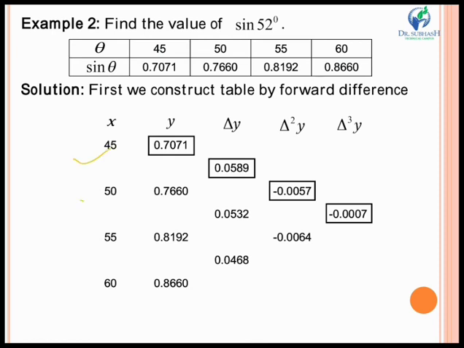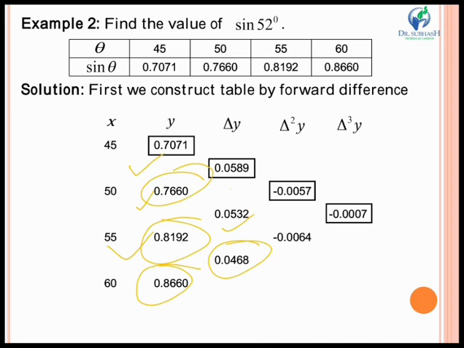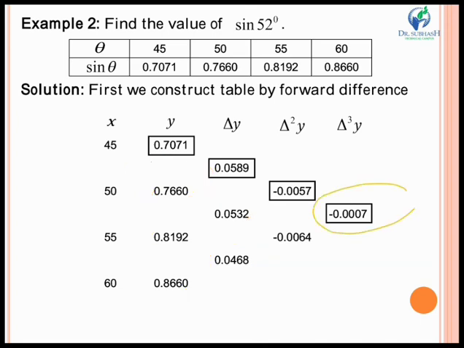Now see, 45, 50, 55 and 60 are the x values, and here we have also written the values of y. So what will be delta y? Second term minus first term, again second term minus first term, and so on, until you get last term minus second last term. Similarly, you have to go on until you are left with a single value. You have to go till that point in the table, right? Now again